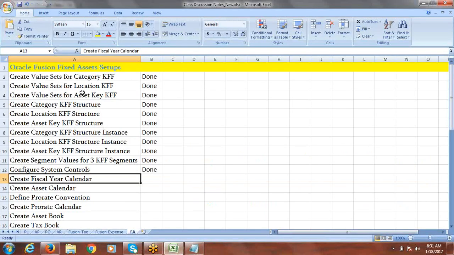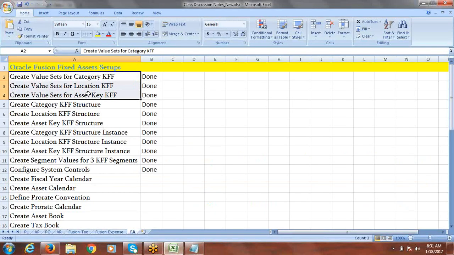Okay, before that, to understand these three key flex fields, we know the purpose. With the category key flex field, you can maintain all the asset classifications as different categories, so that when you're creating an asset, you can track that asset into a specific category. Category wise, you can set depreciation, and many other controls will be set at category level.